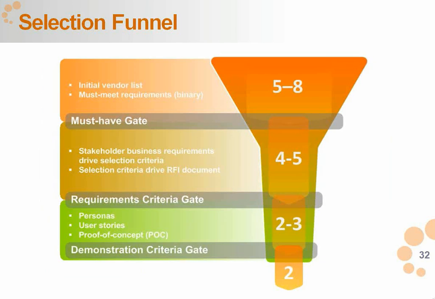Here's an example of a lot of what we talked about earlier in terms of different processes, kind of what we call the selection funnel, which we go through some gates, if you will, in each one of the stages that begins to narrow the number of vendors that we begin to talk to. Sometimes we're not just left with 1 vendor. We may be left with 2, and at that point, if they're very close, maybe it's a point of negotiation around price that helps us decide what vendor we want to go with. So this is a common process, having the must-have gate, requirements gate, and then demonstration gate to drive us to